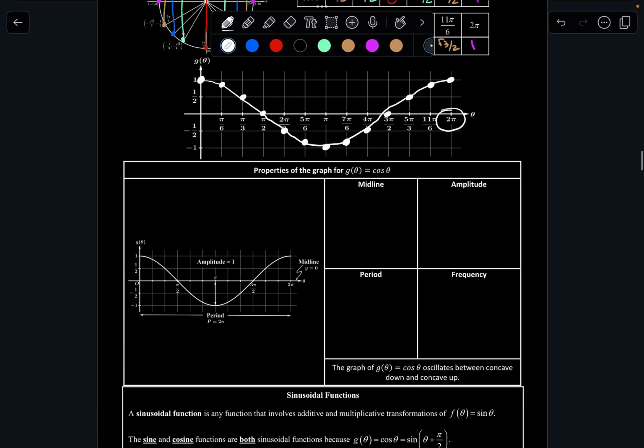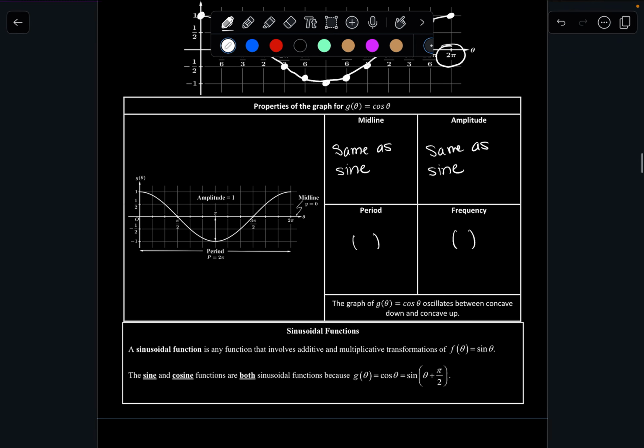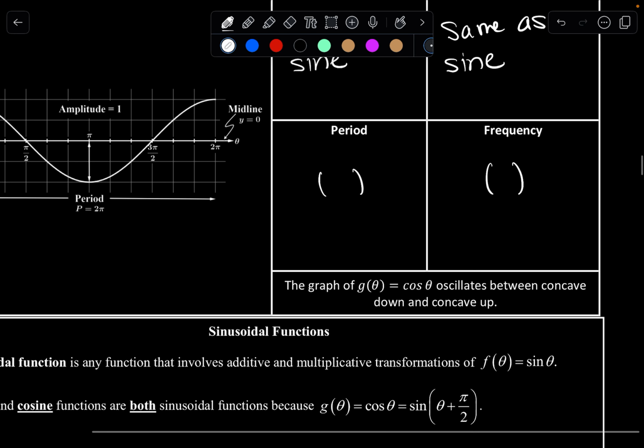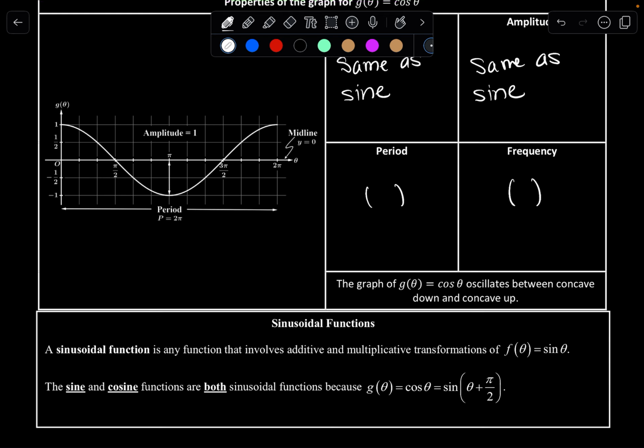Now the nice thing, the midline is the same as sine: same attributes, same formula. And then amplitude, same as sine, because again, cosine is just a form of sine, it's just shifted over. And then same thing for period and frequency, same as sine, okay? So the graph of g theta, which is the graph to our left, is cosine theta